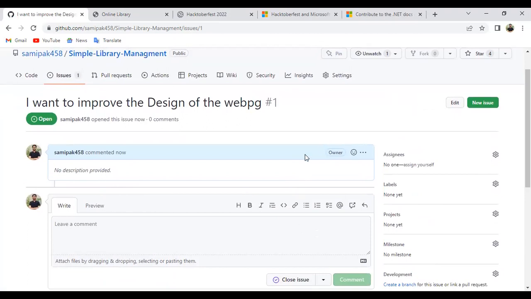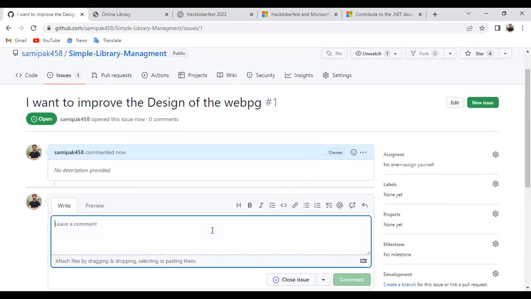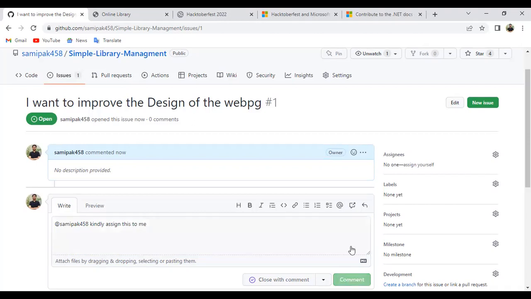After that, tag the project admin. Here you can see the name of the project admin. So I am the project admin and I will simply say, please assign this issue to me. If anyone else is thinking of working on the same issue, he or she will not contribute as it is assigned to you. So you can write kindly assign this to me like this and simply comment it.